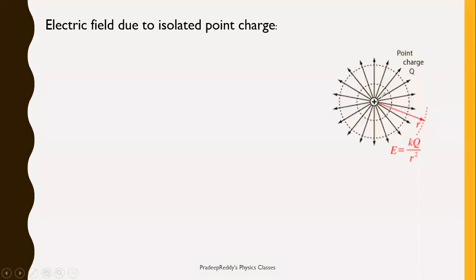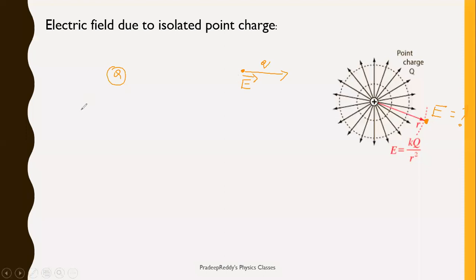Clearly you could see in this figure, here is a point charge. This is capital Q, and from that capital Q there are field lines going outward. I now want to find out the electric field at this particular point. So it is very simple. You are taking a charge capital Q over here and placing a test charge over here, and as both are positive, there will be field outward. Because both are positive charges, the field will be in the direction of force.